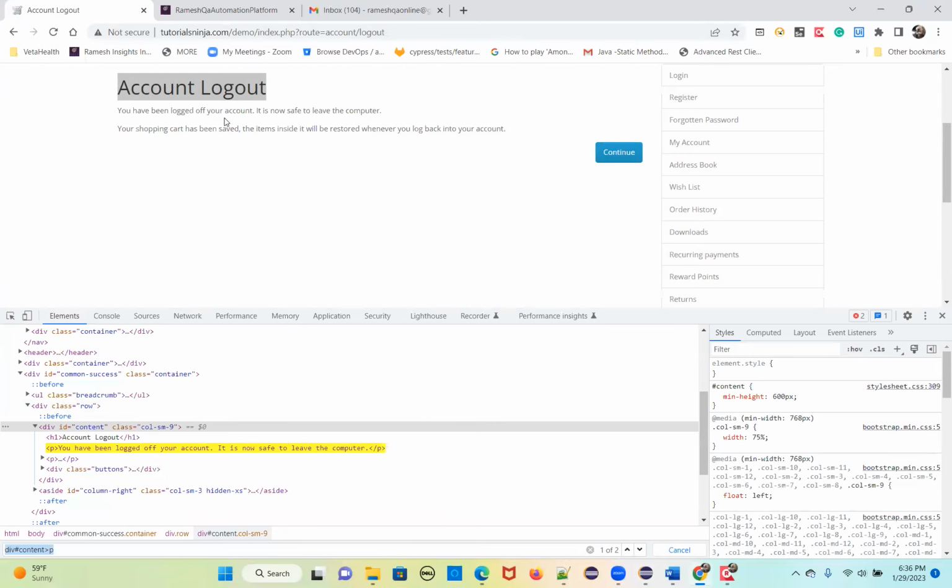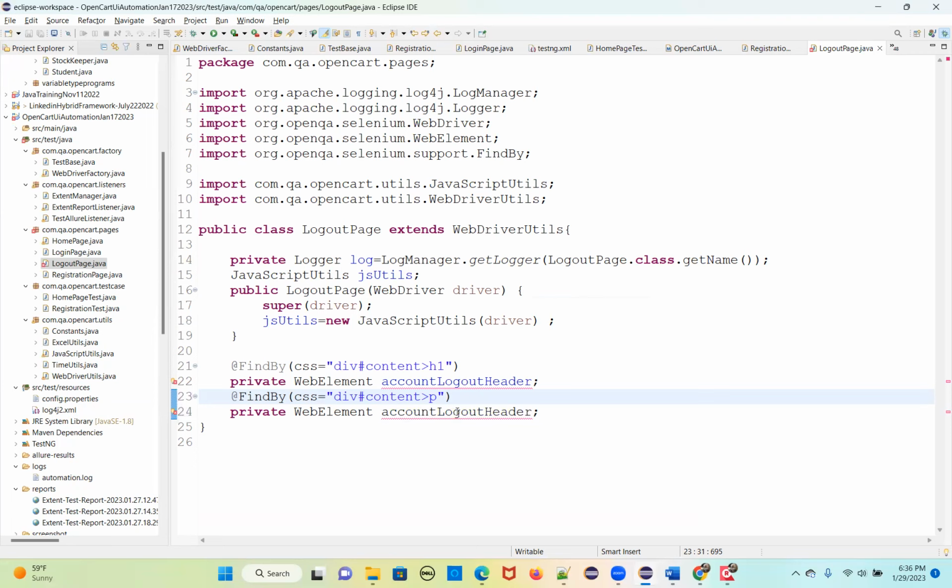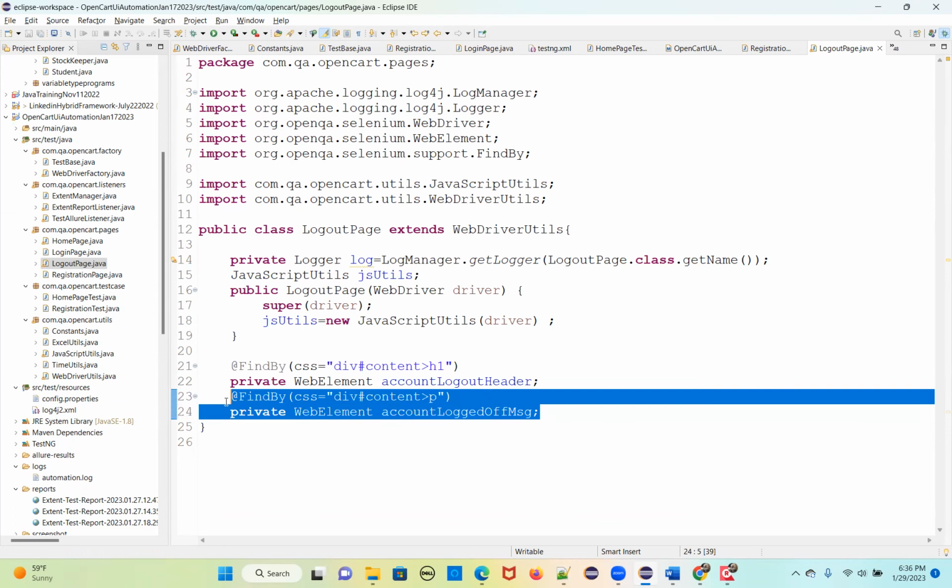So here, you have been logged off message. You have been logged off message, account logged off. So just giving the name, right? And then I want account